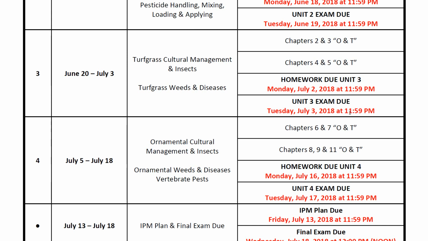Every other week I have something due on a Monday night, and every other Tuesday I have something due on Tuesday night. So print this out, get the little planner that the school gives us, and write down the dates in that calendar, or program this into your smartphones and get alerts for this. I will do my best to send out messages